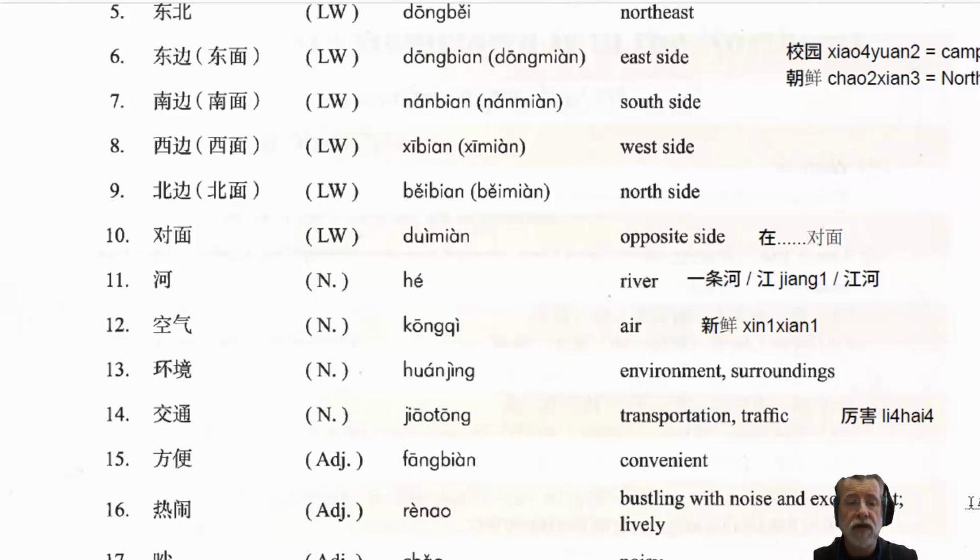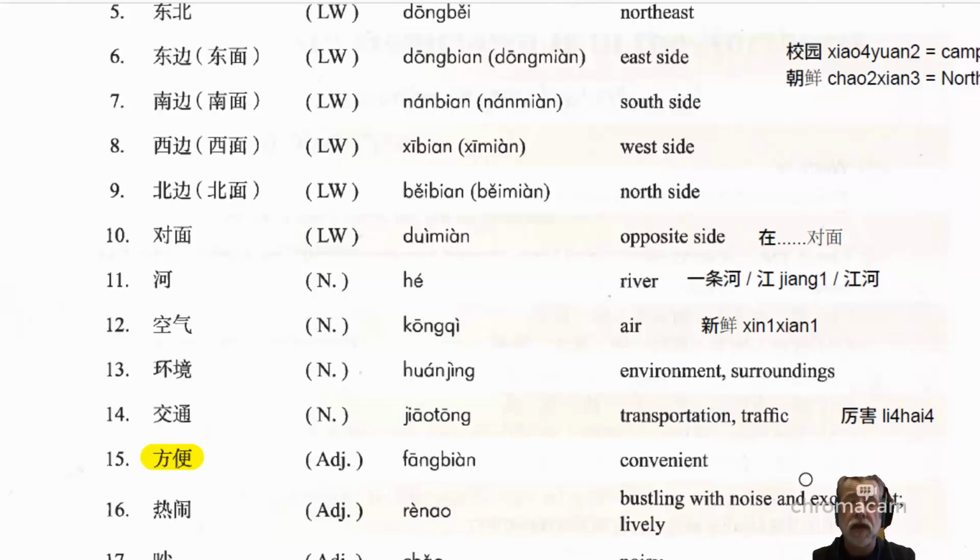Anyhow, I think in our dialogue here, they use the word 交通 together with the next word, which means convenient. So the word for convenient is 方便. 方便 is actually a very useful word. So when we use it in terms of 这里的交通很方便, we're referring more, I guess, to transportation. So the transportation here is very convenient, which in China's major cities now is very true, with their light rail, underground, taxis, buses, and so on. It is very convenient.